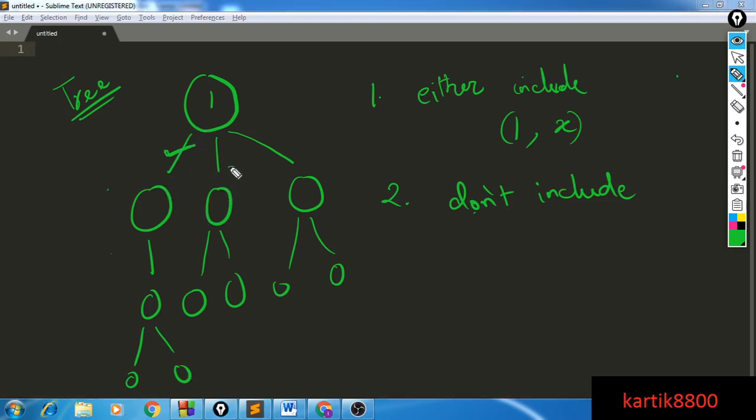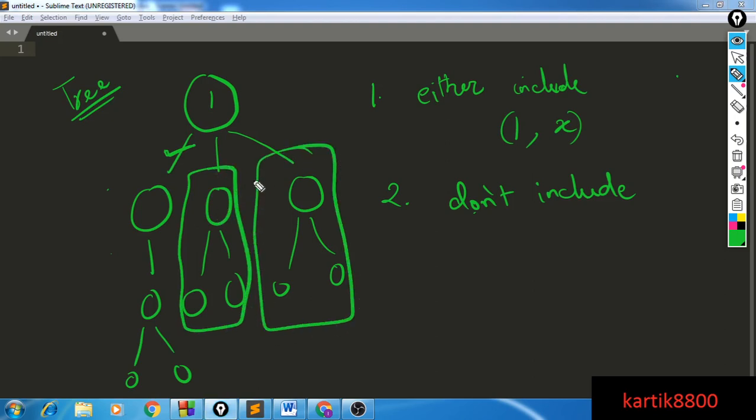So now these two subtrees are still independent of whatever choice I made above, right? Because I did not select this edge and I did not select this edge, so these two subtrees don't really care whether that edge was selected or not. So I can still go on and solve these two independently, right? So now I'm simply solving the problem of finding the maximum possible size of matching for these two smaller subtrees, right? So that is no problem, I'll do it.